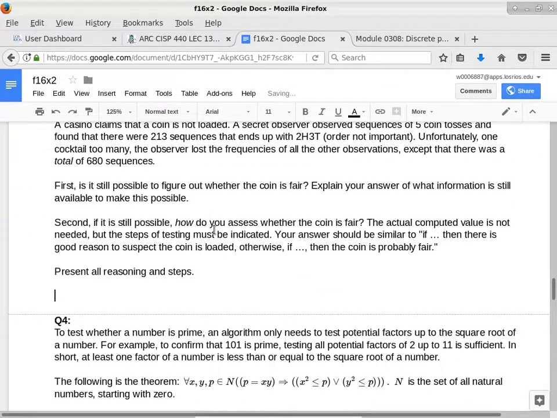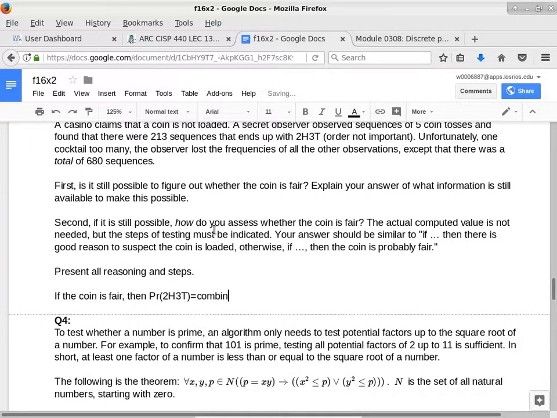You can say, if the coin is fair, then what is the probability of 2 heads and 3 tails? Okay, so the probability of 2 heads, 3 tails out of 5 trials is going to be,